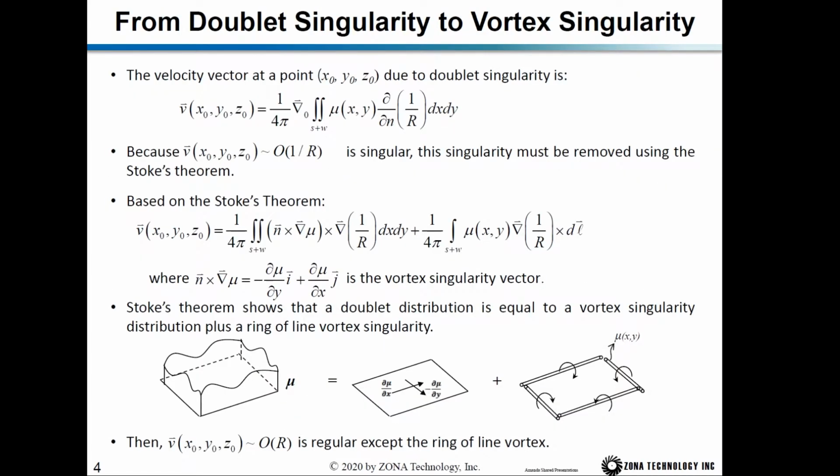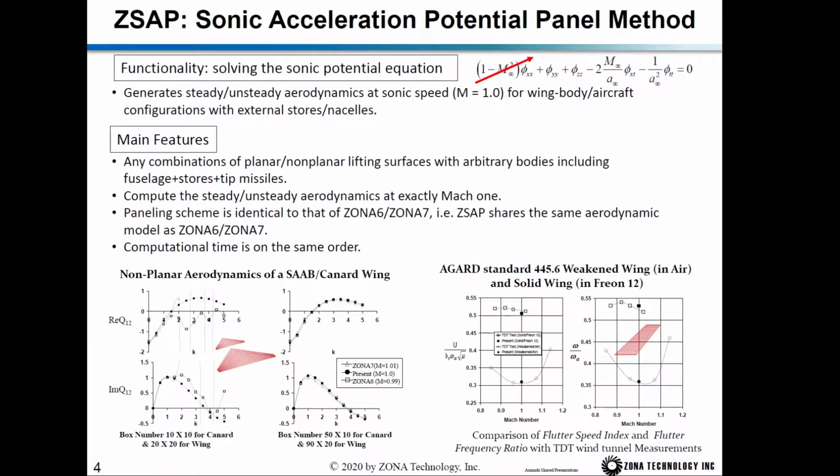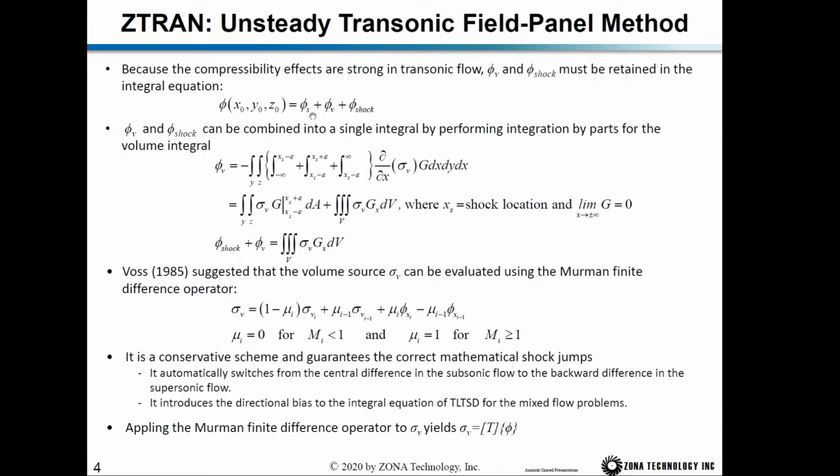So we have three integral solutions, which give you the velocity potential equation at a control point x0, y0, z0. However, for the volume integral and the shock integral, going through integration by parts, we can combine those two integrals into one volume integral. Now, sigma v, how do we evaluate